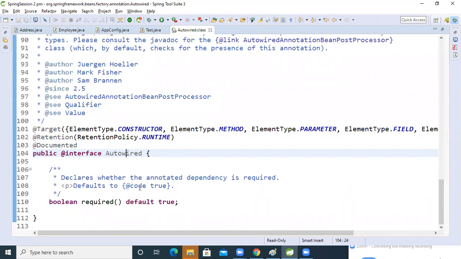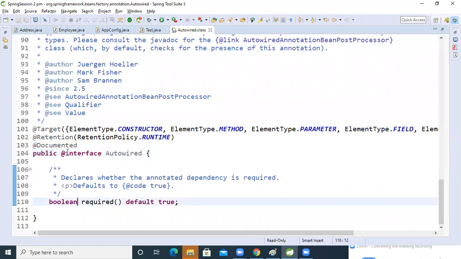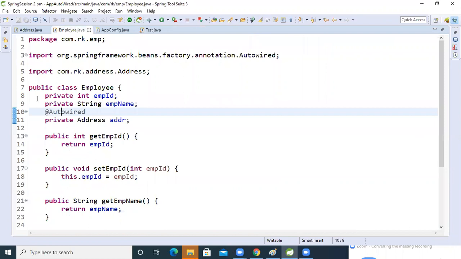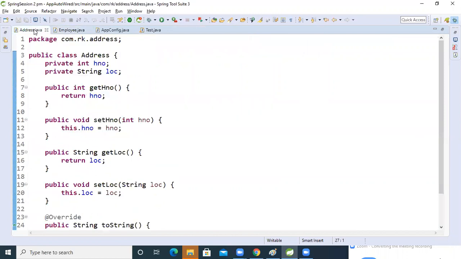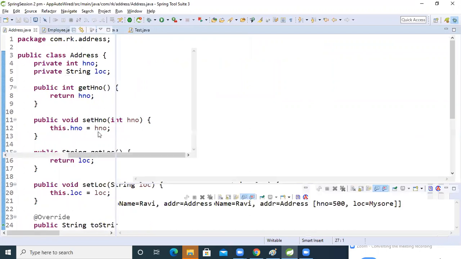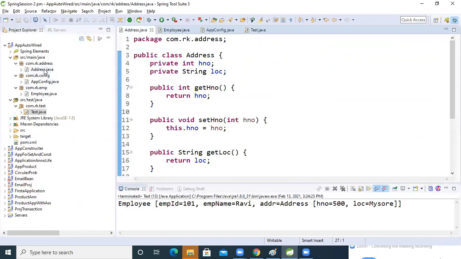After clicking, see that inside the Autowired annotation, required equal to default true is there. True means that at runtime, if the address class is not there, so what I'm doing is copying this address class here.